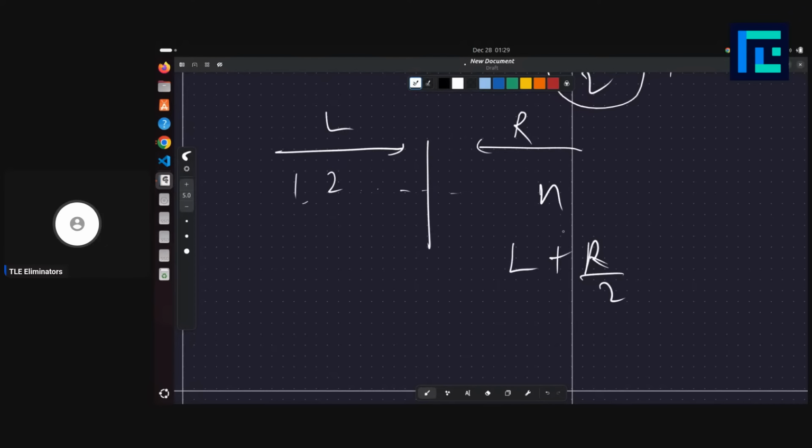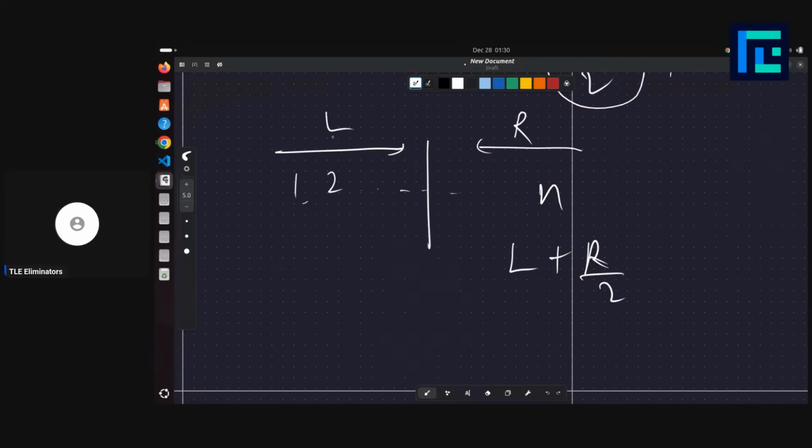So if you want to increase the number of animals killed, you can increase l. If you increase l by 1, r will decrease by 1, so this entire quantity will increase, because r has a by 2 as well, right? That is the main idea here. We need to find the exact point, but approximately we can say that this works: (l plus r) by 2 is the number of animals